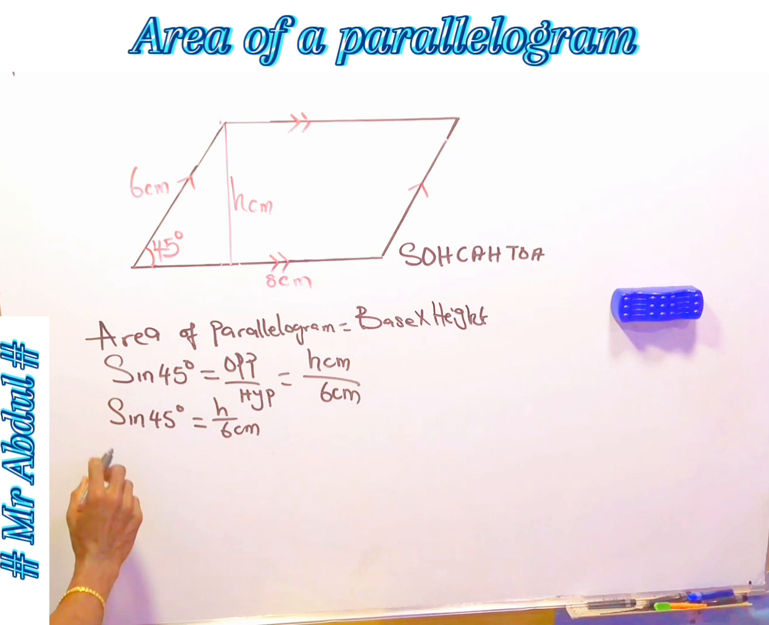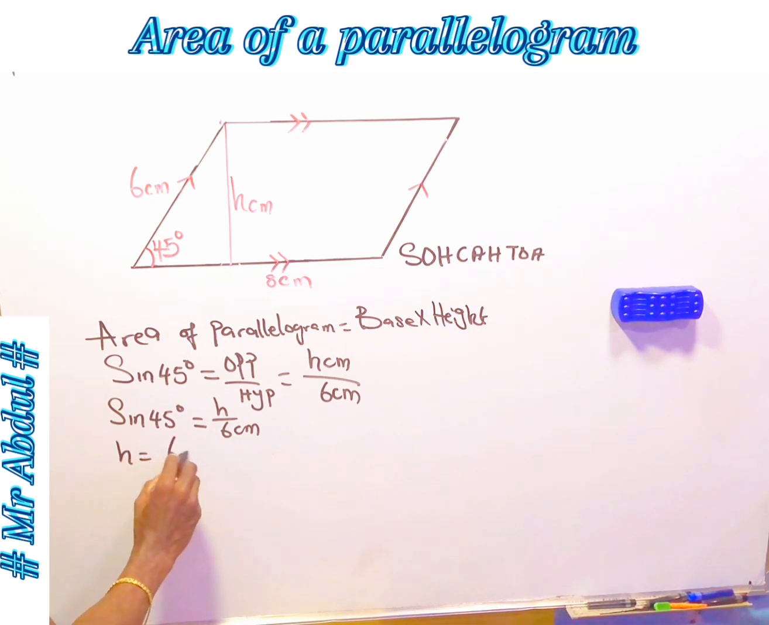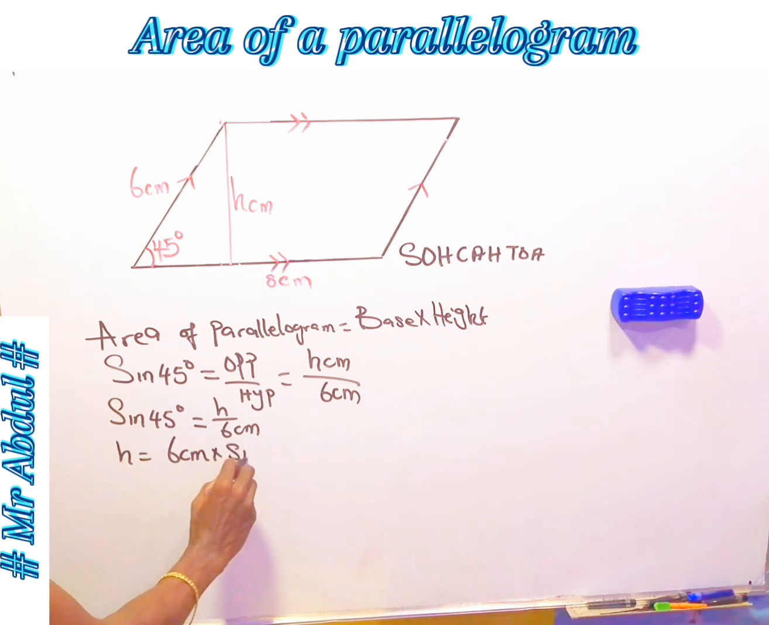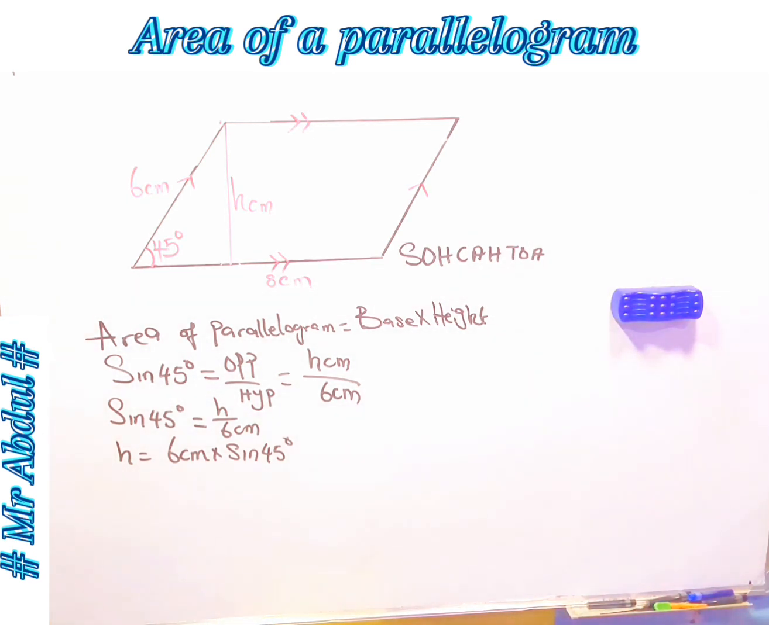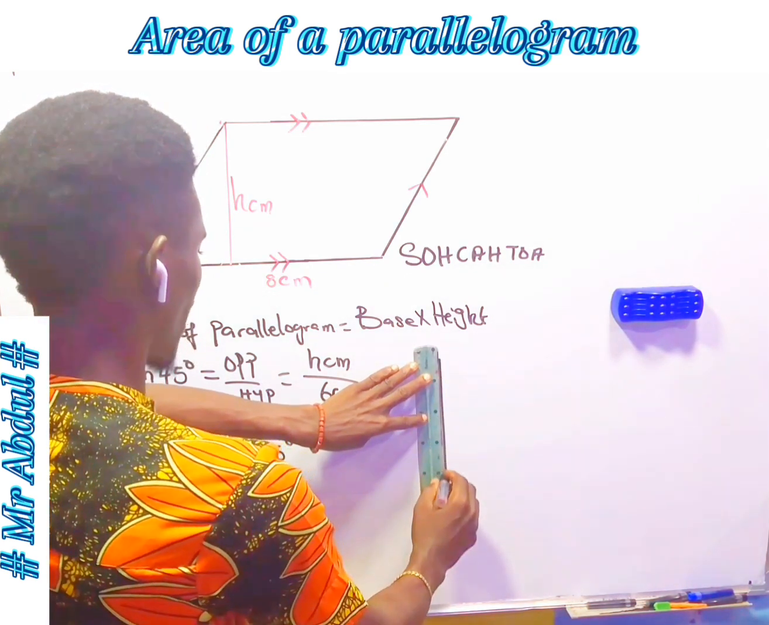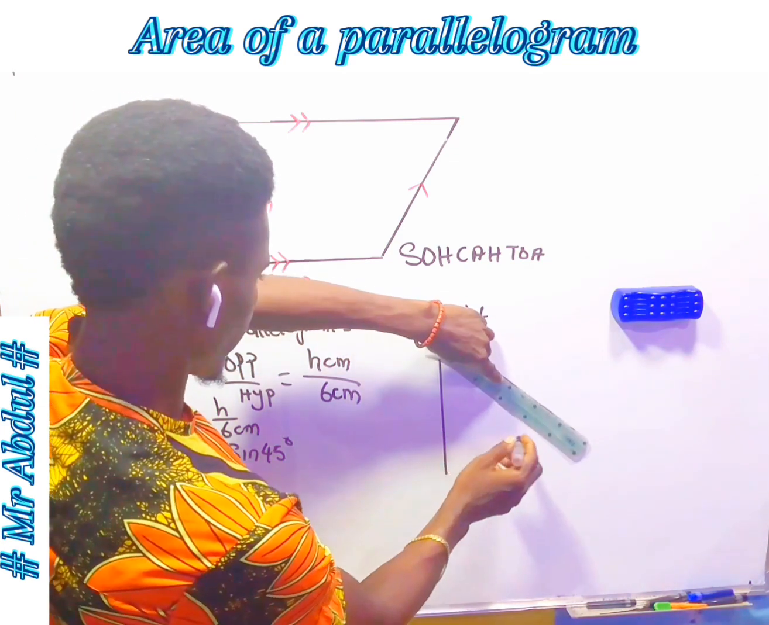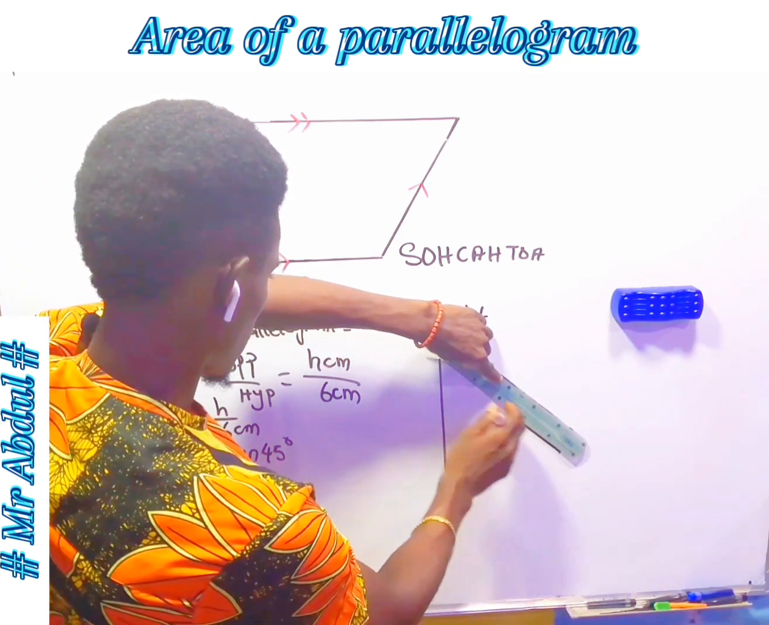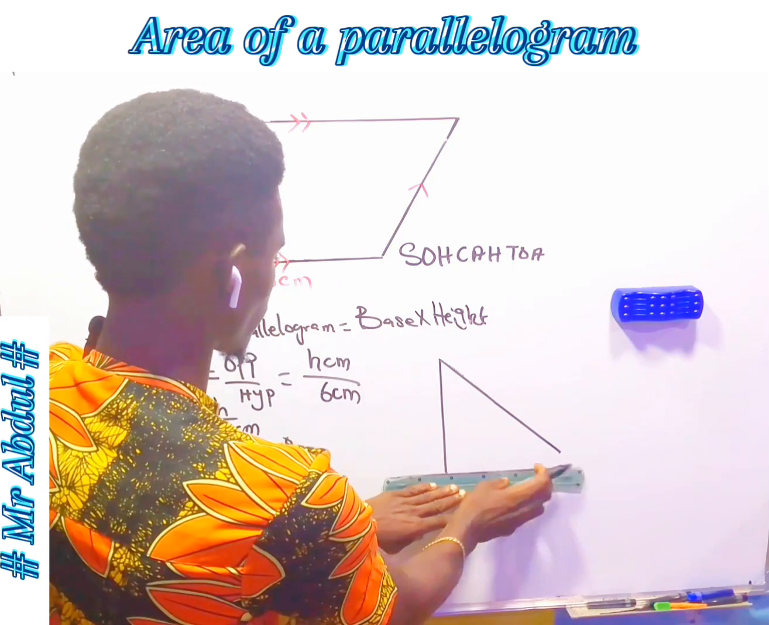Making h the subject of the formula, we'll have h equal to 6 centimeter times sine 45 degrees. However, the answers in the options of the question are in surd. Therefore, let's find sine 45 degrees in surd. If you recall, sine 45 degrees can be proven from a right angle triangle,